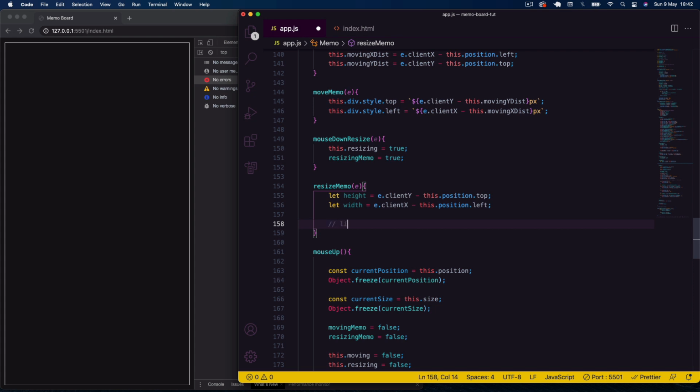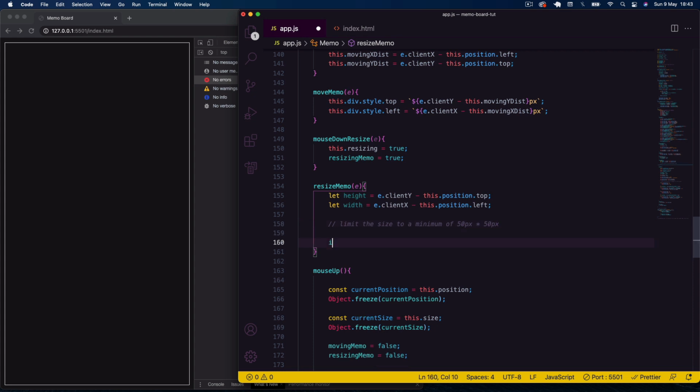Then we want to limit the size to a minimum of 50 pixels by 50 pixels. I don't want any memo smaller than that, so I'm going to say if the width is greater than or equal to 50 and the height is greater than or equal to 50, then we can say